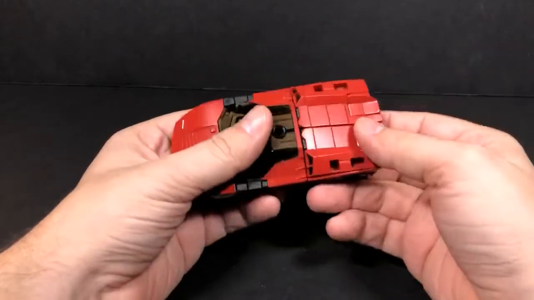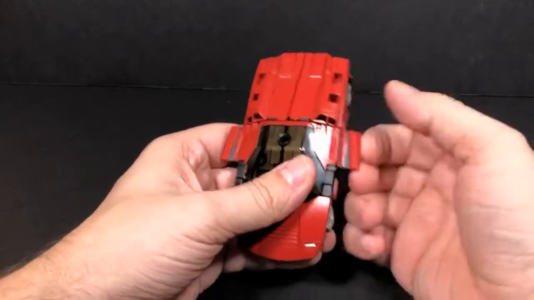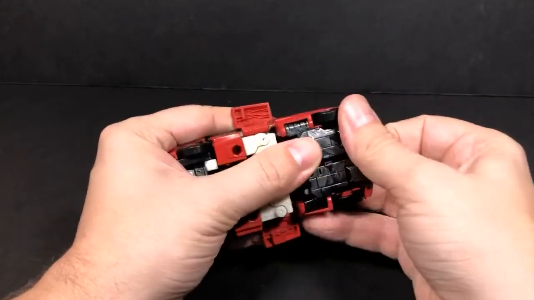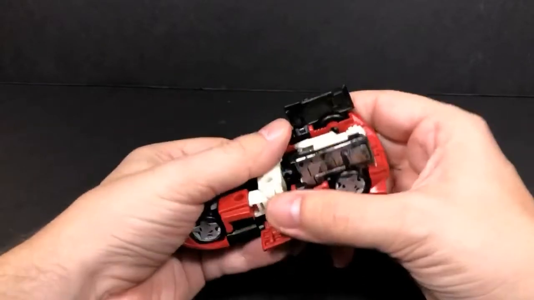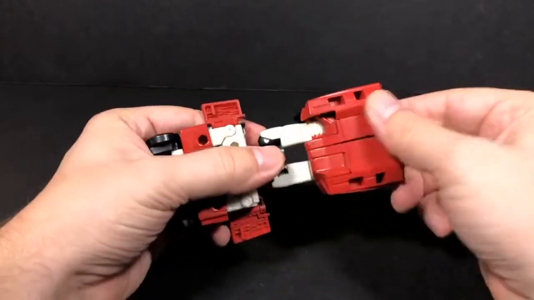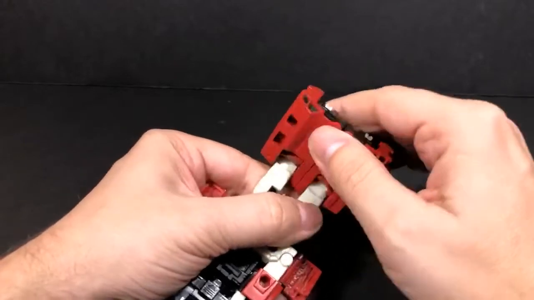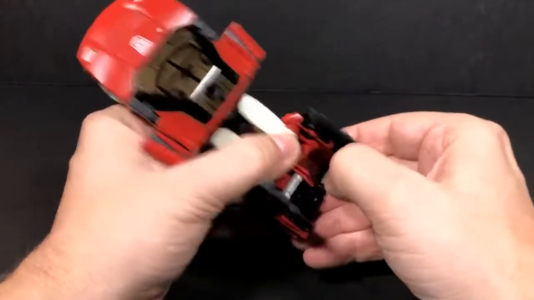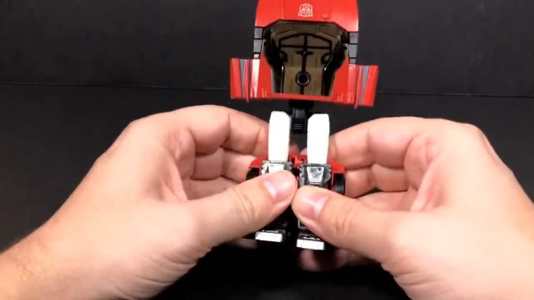All right, to transform him back, I'm going to go in the opposite direction, open these up, and flip these panels open. And just go like that. See, that side came down already, but if you just go like that and bend the knee, it'll do the rest. All right, just bend the toes down. Close the shins back up,